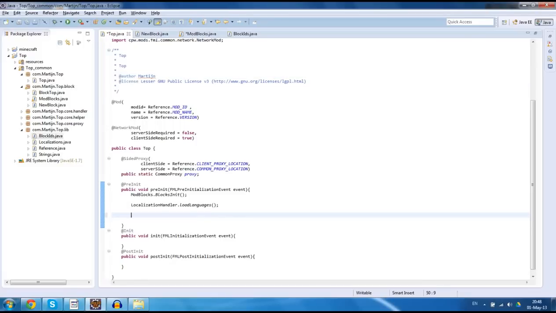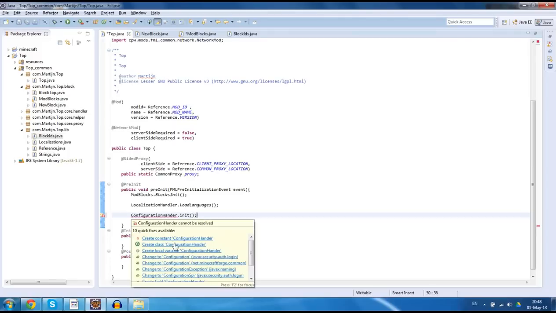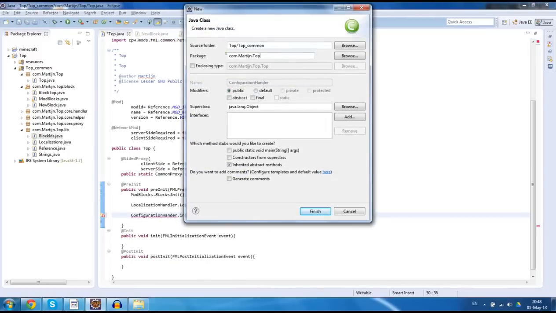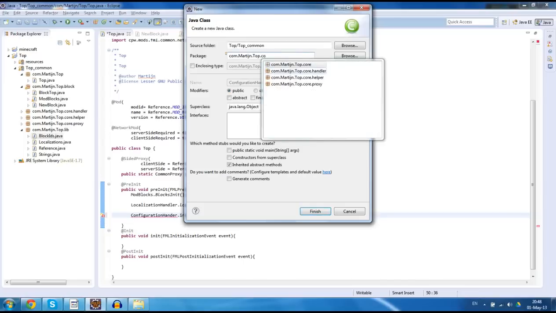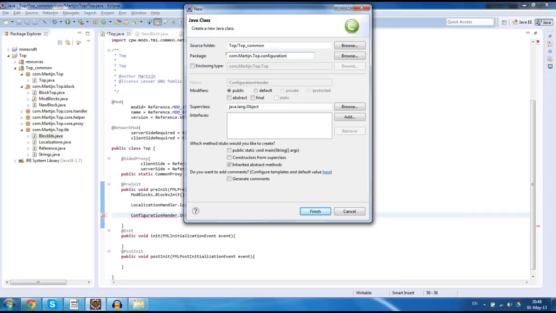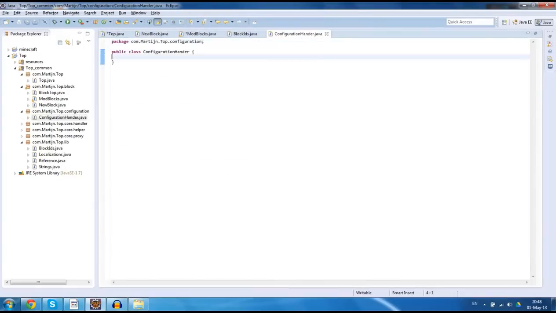Now in order to start loading the config, we need to create a handler which is going to handle the config. So ConfigurationHandler, and we're going to create a method called init. Now we need to create that configuration handler, and I like to do that in com.martijn.top.configuration. Create a new package for that, but that's your own choice. Hit finish. Now what we want to do in this configuration handler is create a field,